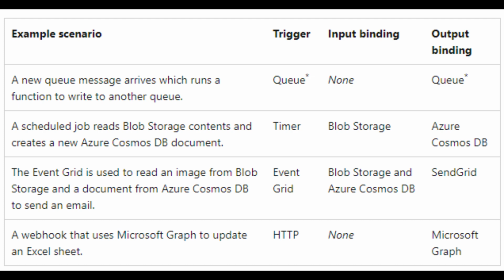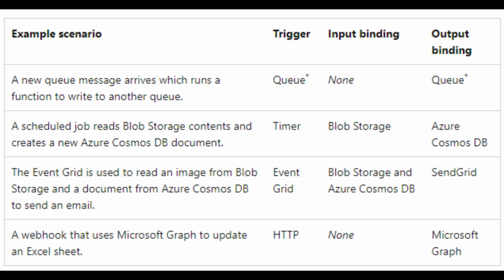For example, since we want to trigger it on a certain interval, it reads the data from blob storage and writes into the Azure Cosmos DB. Let's consider another scenario. The event grid is used to read an image from blob storage and a document from the Azure Cosmos DB to send an email. So we will use an event grid trigger, and then we will have a blob storage input binding and